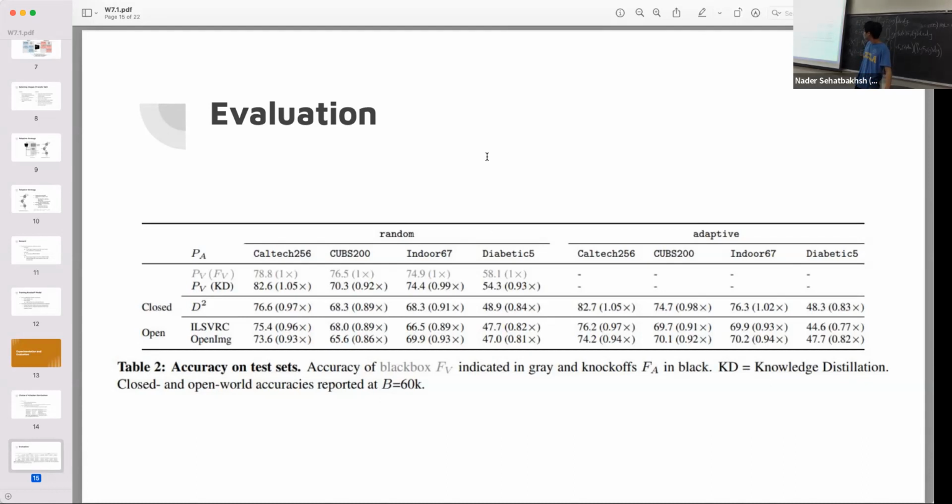And even on the open world, there are some gains to be had by moving to an adaptive policy. Even though the images from the victim's data set aren't in the open world scenario, the authors noticed that the adaptive policy is able to find things that are very similar and pick those out. For example, when training with a victim that's trained on Caltech 256, I believe one of the object categories is a ladder. There's also a ladder category in Open Images, I think it is. And so the adaptive policy, when training on the open world with Open Images, picks out that ladder category and says,